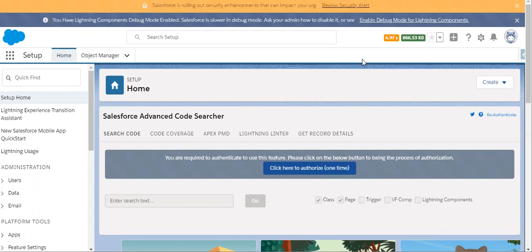Let's assume we have a flow for creating an account. If the flow fails for some reason when it is creating the account, we need to create a case automatically for that failure, and it can be assigned to the IT team for checking. In this way we can quickly get to know if any user is facing an issue. Let's see that live. Let's create the flow for creating the account.